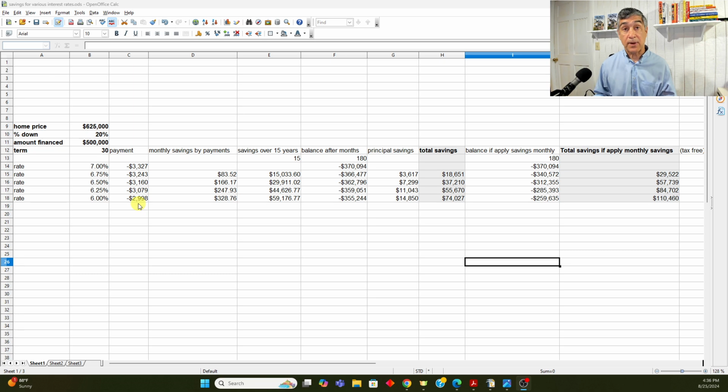Here's the monthly payment. At 7% it is $3,327. If you get a deal of 6.5%, your monthly payment is going to be $167 less per month. So you multiply that over 15 years, that's 180 months, you're going to save $29,911. Now, the interesting thing about this, you not only have the monthly savings, but the way the amortization schedule is set up,